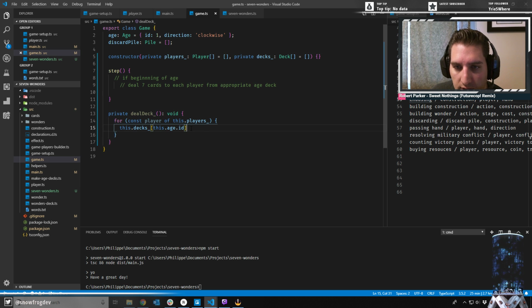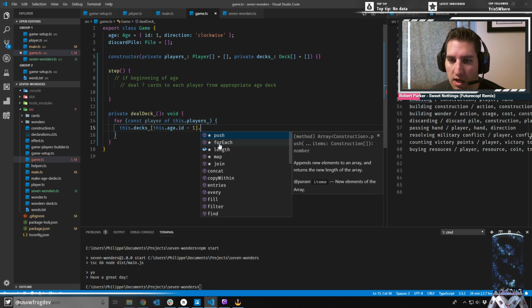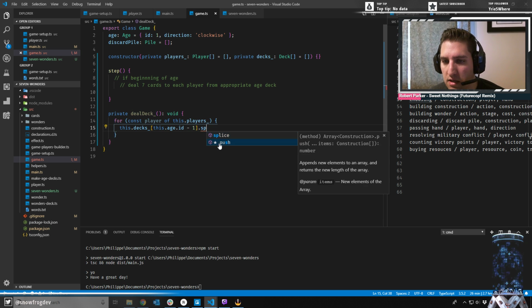I was thinking of simply grabbing the appropriate deck. So I've got all my decks here in a simple array where, oh crap, just realized I'm off by 1 error here. There you go. So index 0 is age 1, index 1 is age 2, etc. So this .dex, grab the age ID minus 1 will give us the proper deck, and then probably just a splice